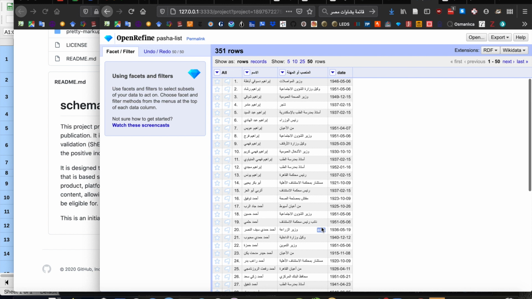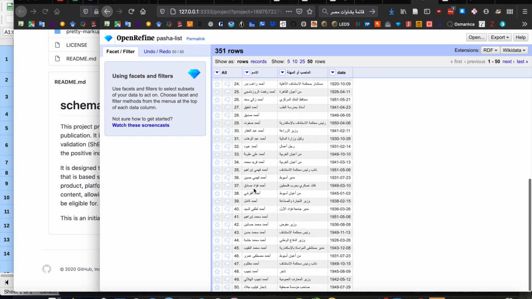So the next step is to do a little bit of work on the jobs and positions and on the names of these individuals. I could go ahead and upload this material to Wikidata as is, but there are a couple of features of Wikidata that I would like to be able to use. One of them is the part which looks at the given name of people, so I want to break out given names here and